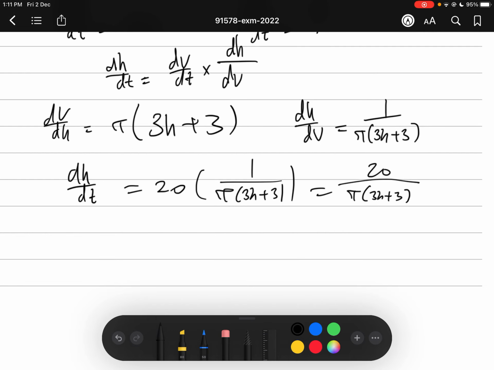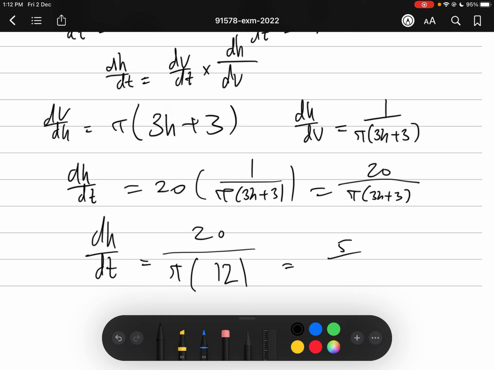So we substitute h equals 3 into dh on dt to find the rate. We have dh on dt equals 20 divided by pi times (3 times 3 is 9, plus 3 is 12). That is equal to 5 on 3 pi, which is approximately